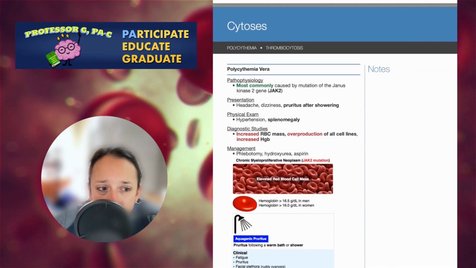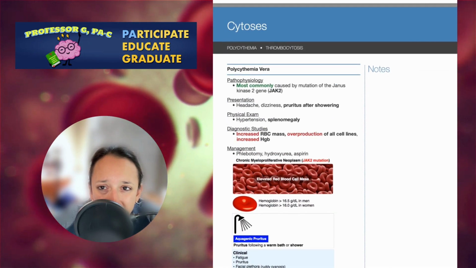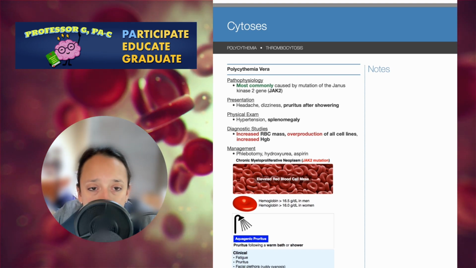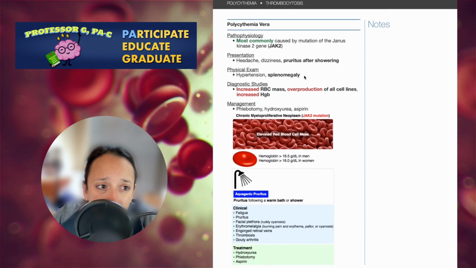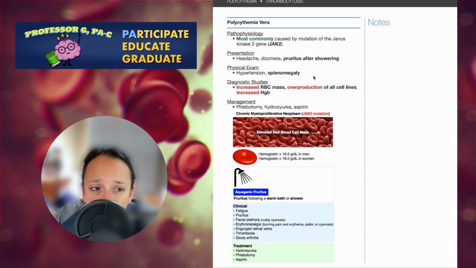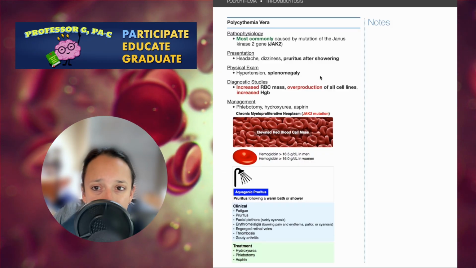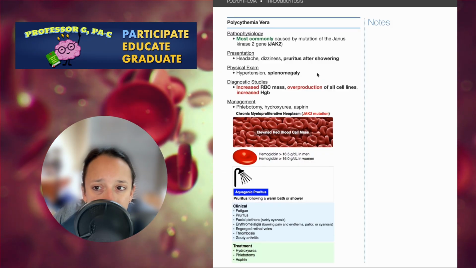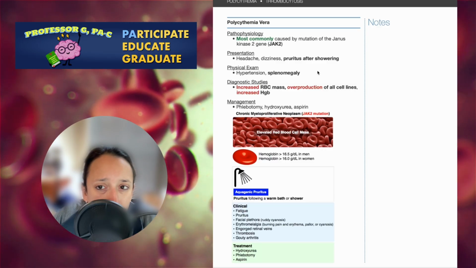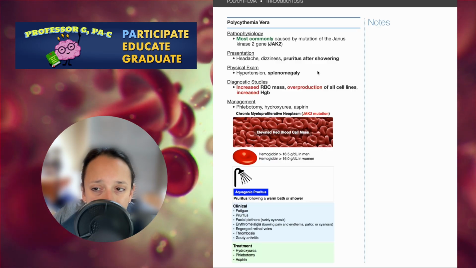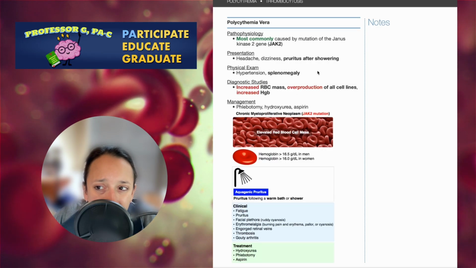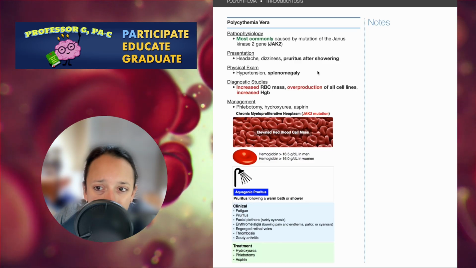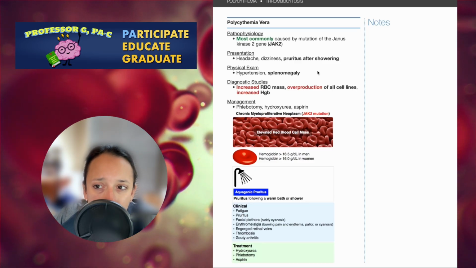All right, moving on to some of the cytoses. We mentioned these in the chart towards the beginning, but now we're going to go into a little more depth. So polycythemia vera is a bone marrow disorder characterized by excessive production of red blood cells and sometimes white cells and platelets as well. It's one of the myeloproliferative neoplasms, meaning that it is caused by a clonal mutation in the marrow that leads to uncontrolled growth,